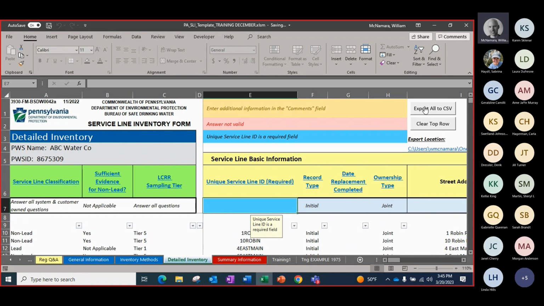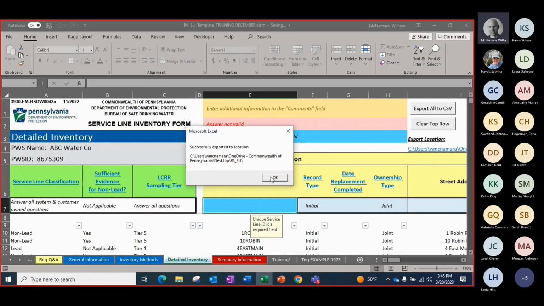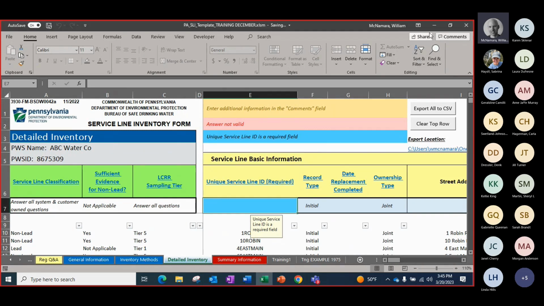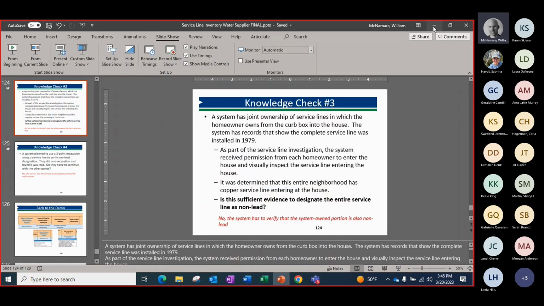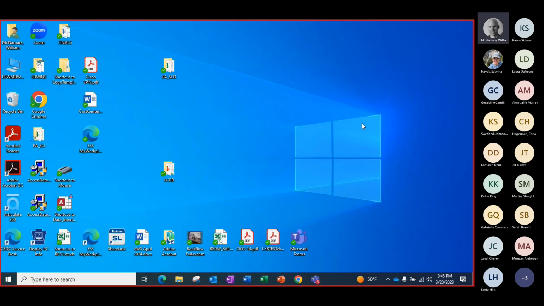What you do is, when you're all set here, you have it ready, you click this Export All to CSV button, and that actually creates a CSV file, tells you where it is. It puts it in a folder on your machine, and it tells you where it is here. And we are creating an interface so that systems can just get on to, similar to like the Dweller interface, and upload their inventory to DEP here. So it spits out this, it made this folder on my desktop, and